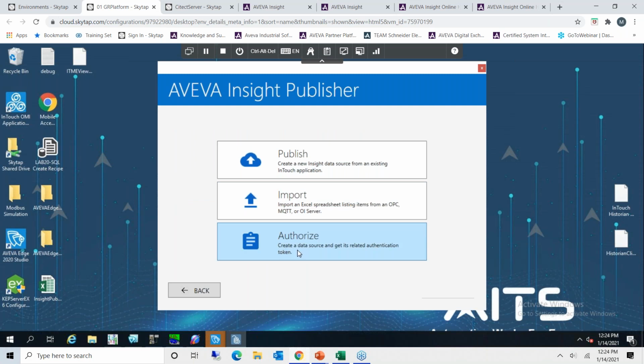The authorize is used for Historian SDK if you have a developed tool and you want to authorize it for Insight. You can use the authorize. I will not use it, and I will not talk about it more in this session. I will go for import